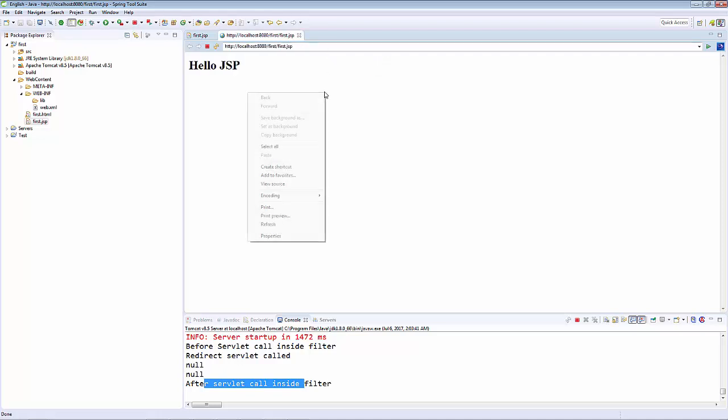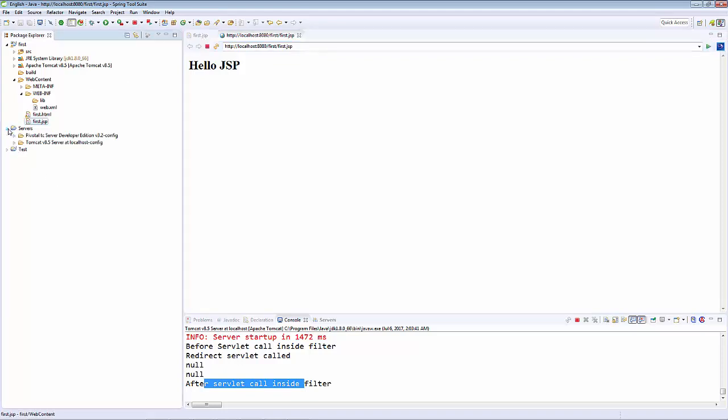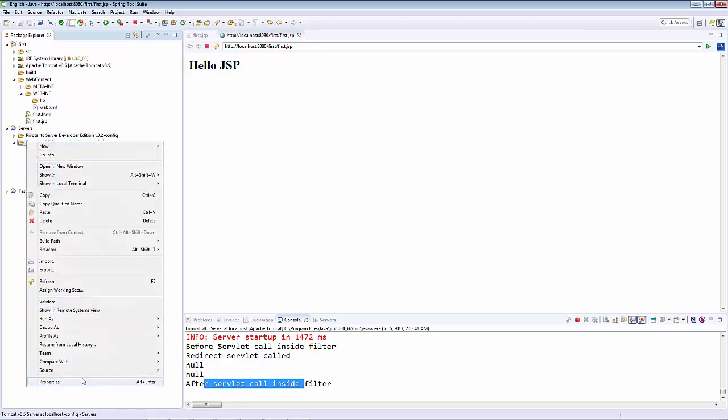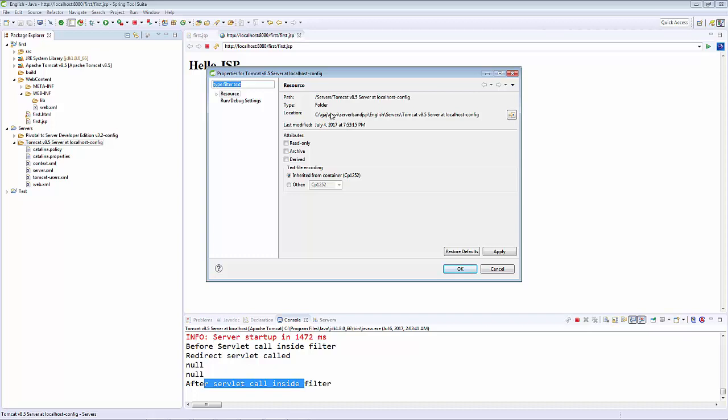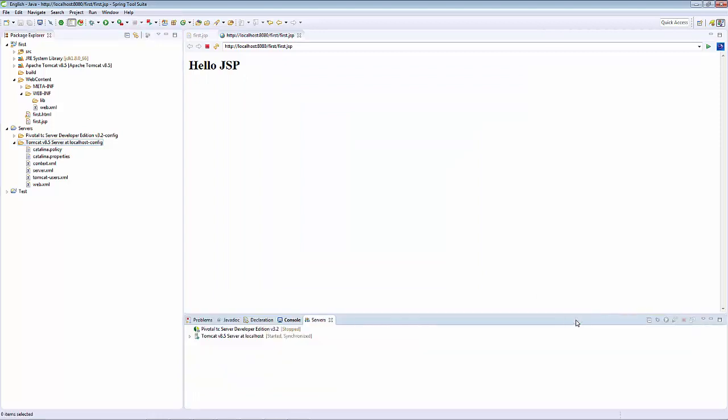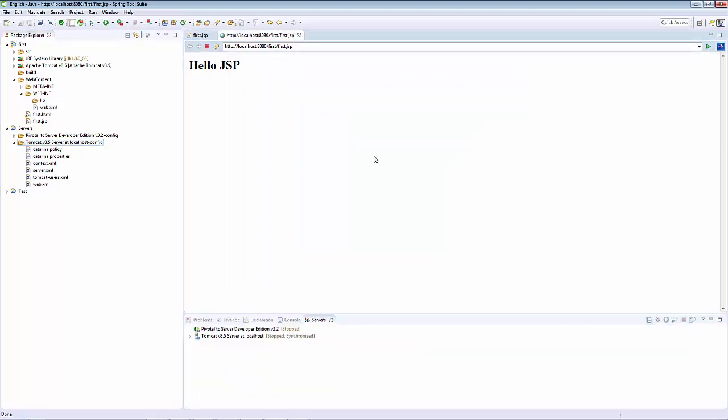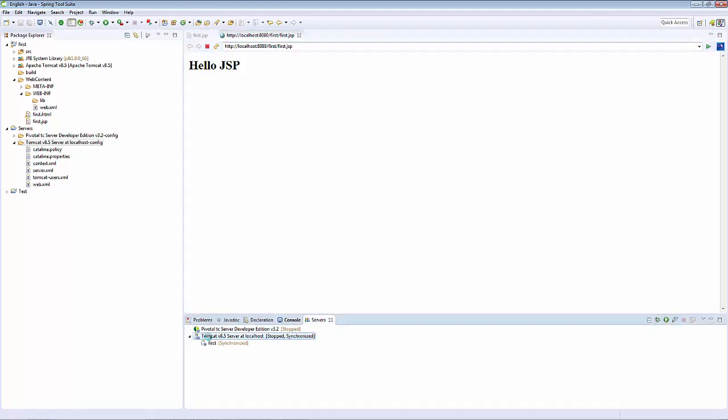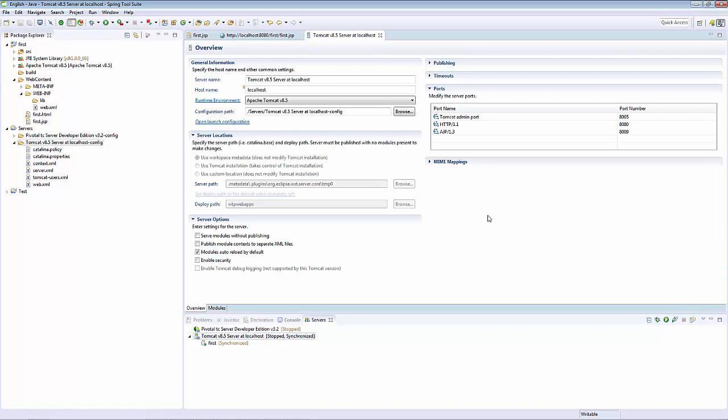So this JSP got executed and we got the underlying output. Now we can go and see where the underlying servlet source code got generated. That should be there somewhere. Probably it will be difficult to look into this particular servlet source code in the Tomcat which got configured inside our Eclipse. But what happens is, this particular Tomcat is configured inside Eclipse, and this Tomcat